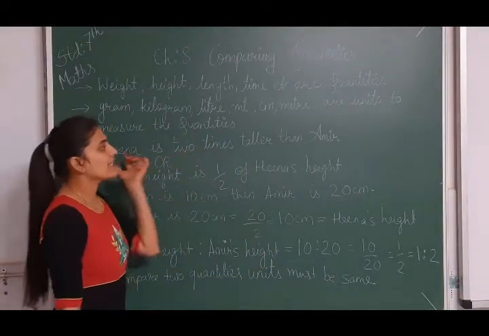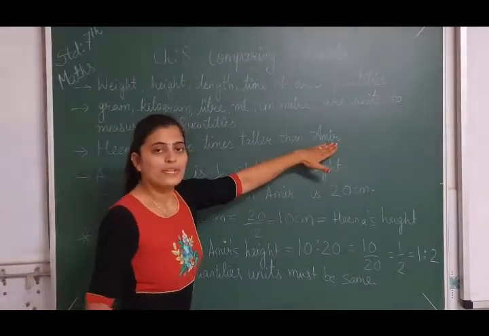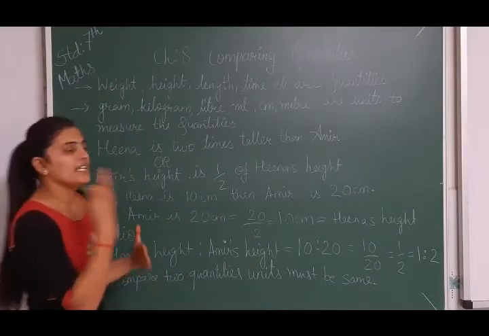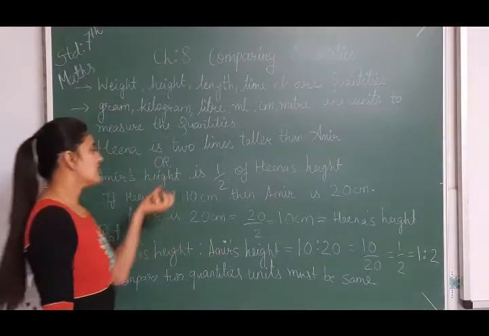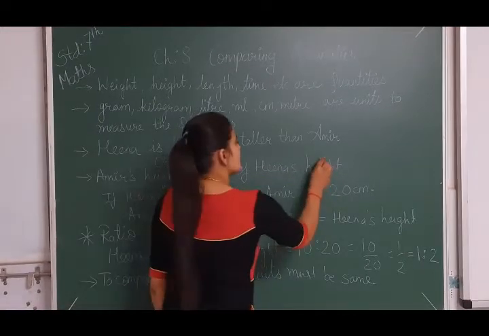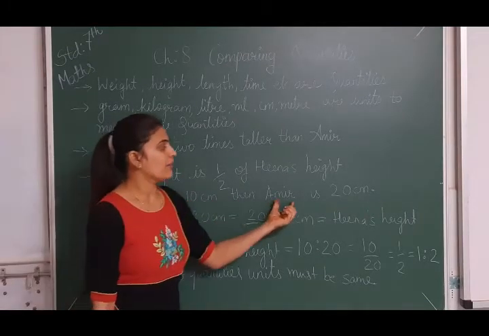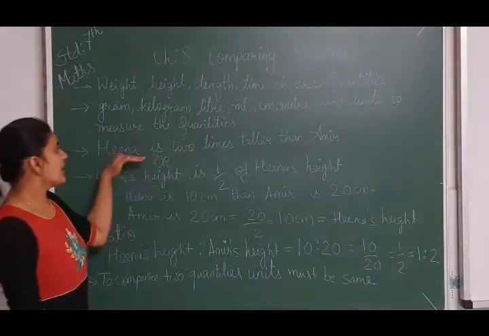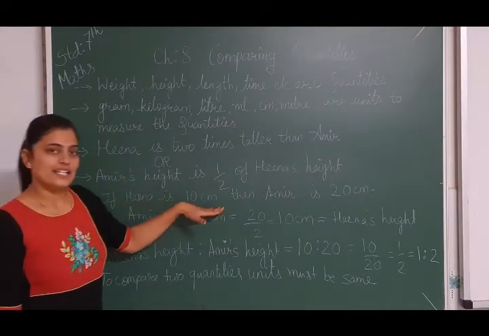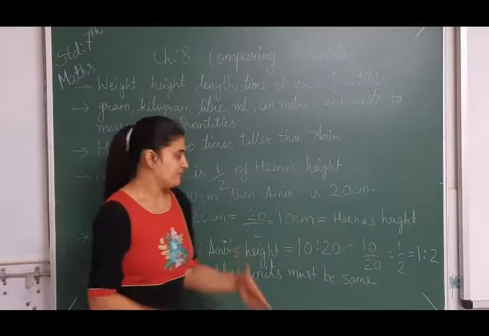The relation between Hina's height and Amir's height is given that Hina's height is 2 times Amir's height. Or, if we want to write Amir's height first and Hina's height afterwards, then the sentence will change this way: Amir's height is half of Hina's height. Now let us see this with an example with numbers. Now if Amir is 10 centimeter, then Hina is 20 centimeter. What we are telling is that Hina is 2 times taller than Amir. That means if Amir is 10 centimeter, then Hina is 2 times more, meaning 2 multiplied by 10, which means 20 centimeter.